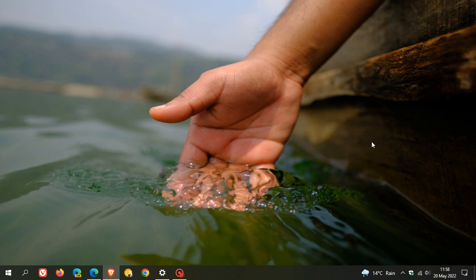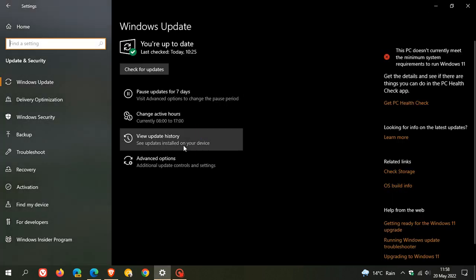So this is an out-of-band emergency update which they have made available to address an issue for some users where apps were failing to install from the Microsoft Store on Windows 10, and that was also generating an error code. And these app installation failures were arising for some users after installing the optional update, which rolled out near the end of April last month for Windows 10, which was